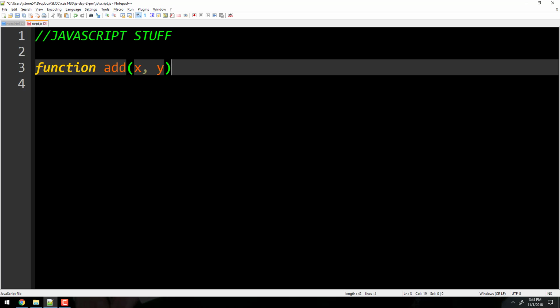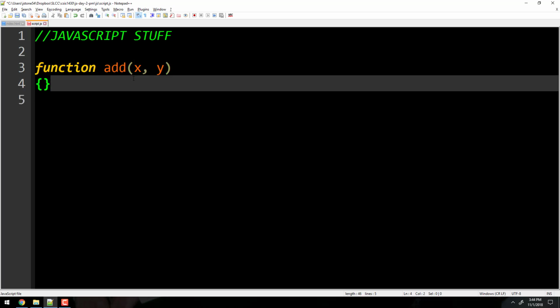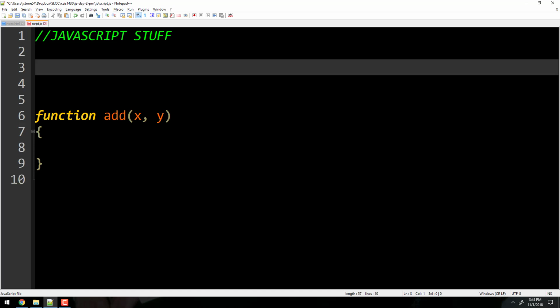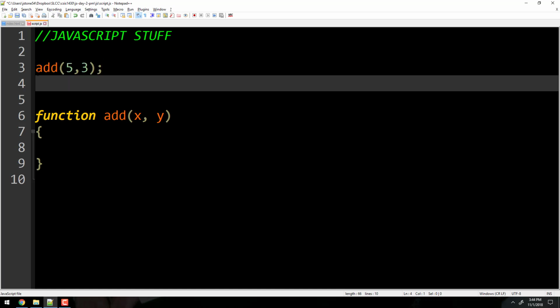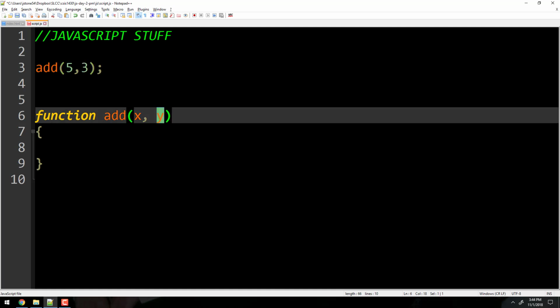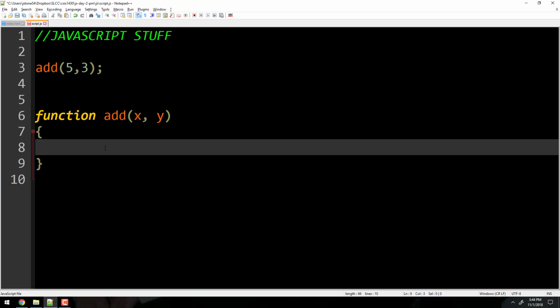So what's going to happen, and we'll put the code in here in just a second, somewhere in my code, I'm actually going to say add 5, 3. When I say add 5, 3, what JavaScript will do is call this function right here, and it'll pass that 5 to that x, and it'll pass that 3 to that y. That's what will happen. Now, x will be equal to 5, y will be equal to 3, and then I'll do something with